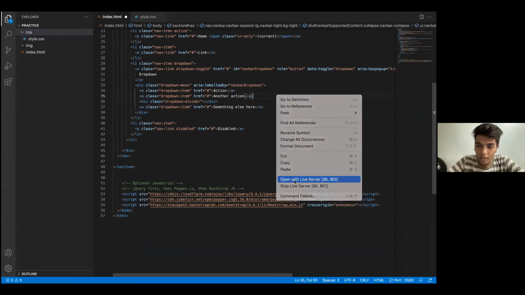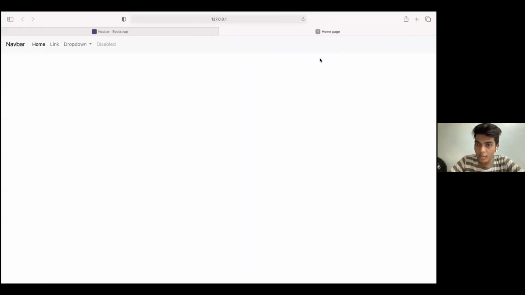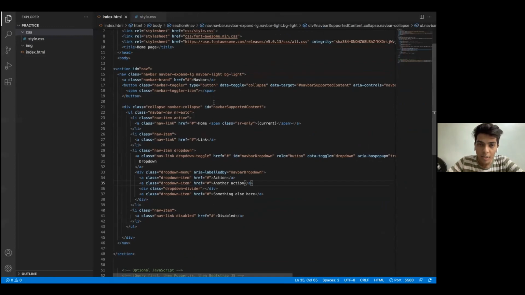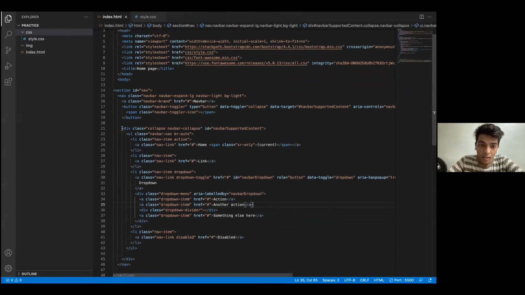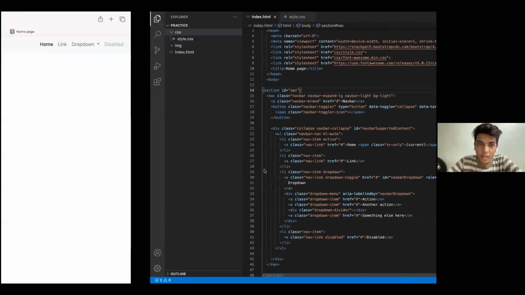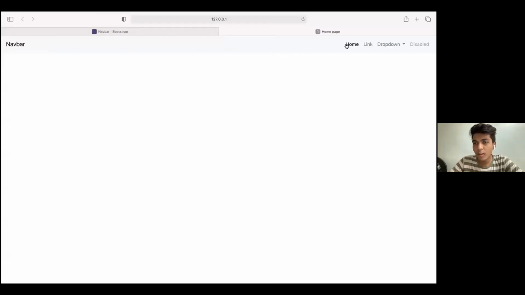So now again, if we refresh and go to the live server, the part where search was is gone. Right now, if I need my links to be on the extreme right hand side, I'll go to the div class after UL and place an ML. MR means margin right, ML means margin left. So margin left auto, I'll save it, and everything that we see will be shifted to the right hand side.